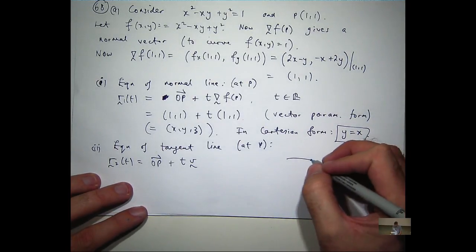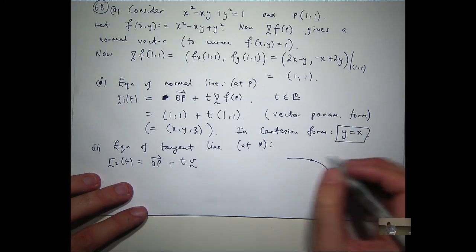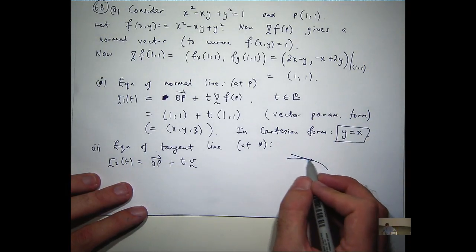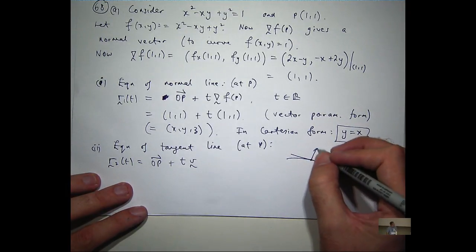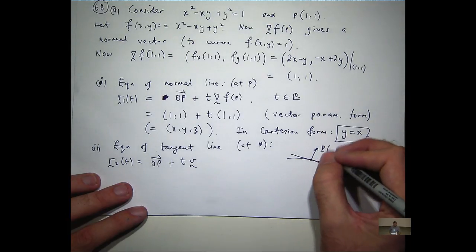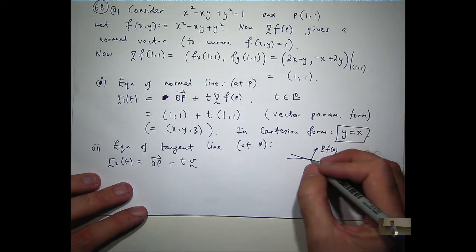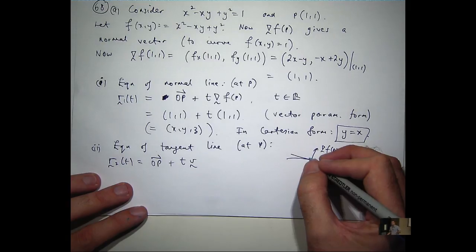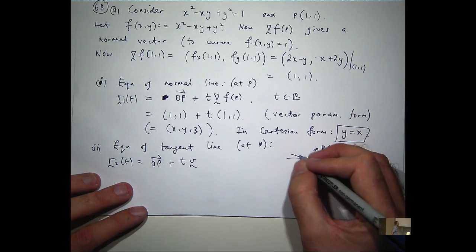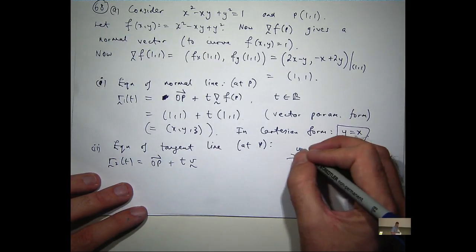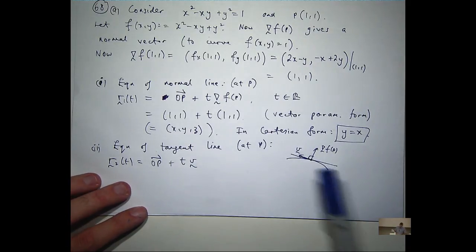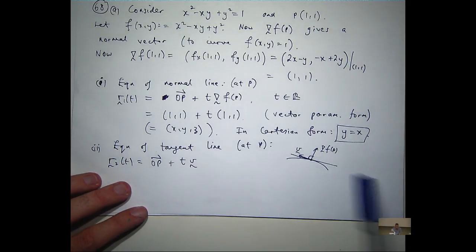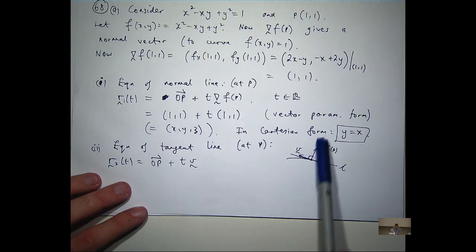If that's our curve and that's our point, we want the equation of the tangent line. What do you notice about a vector that's parallel to this line L and